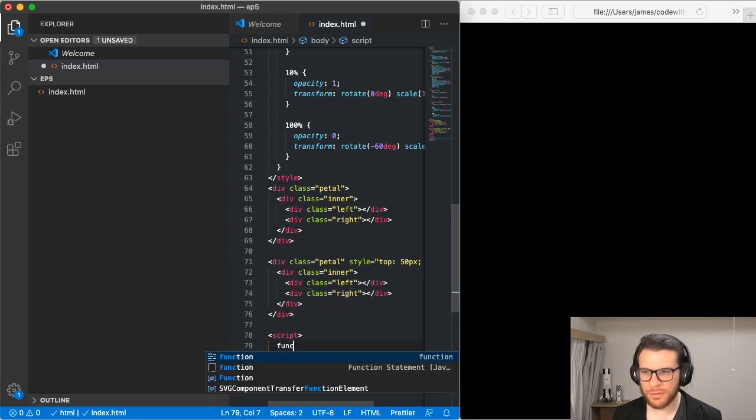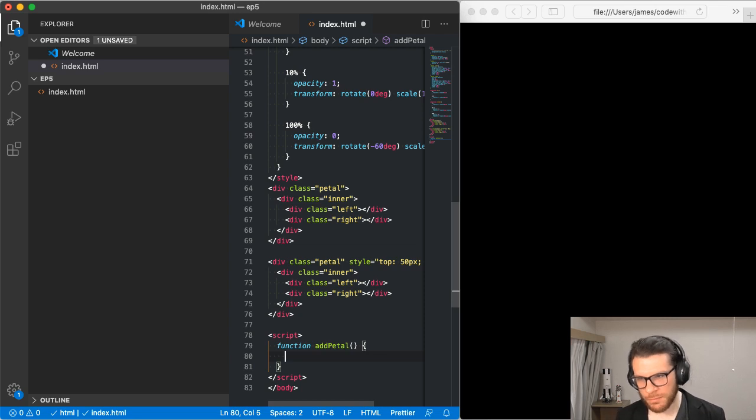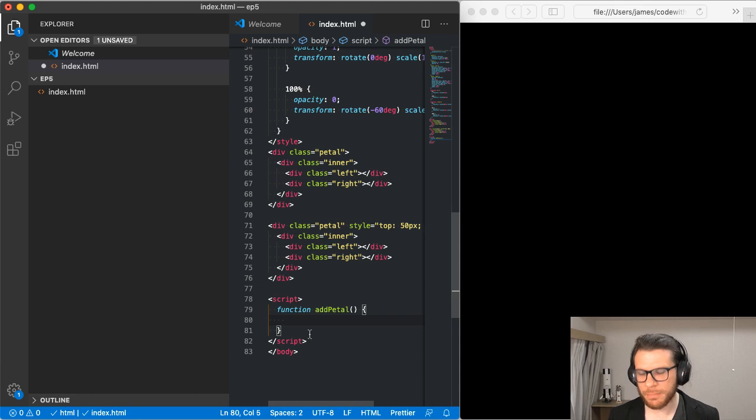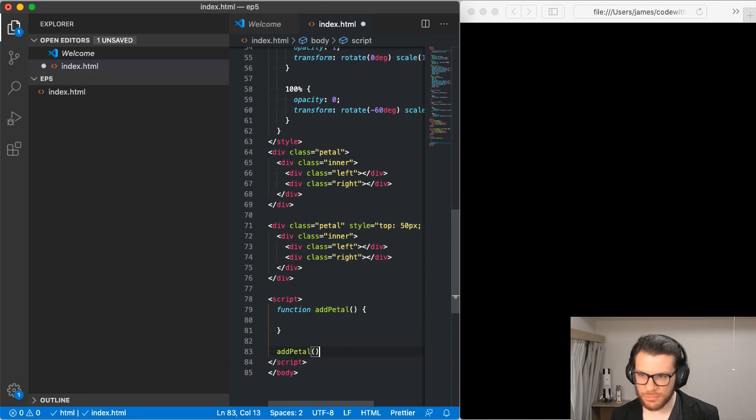Well, first I'm going to create a function. A function is a chunk of code that you can repeatedly perform over and over again, basically. So what I'm going to do is I'm going to just add petal, which is, I guess, calling the function is what you say. And I'm going to use the code that I briefly showed you yesterday to